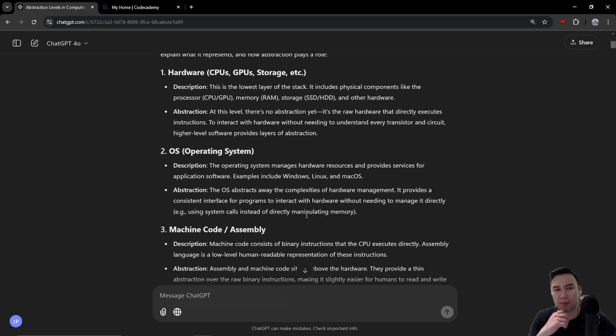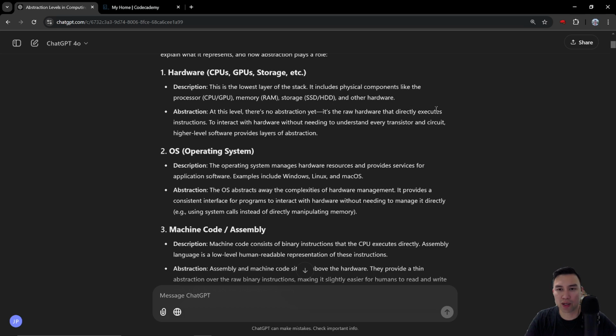My machine is limited to the last generation of LLMs, so pretty much ChatGPT 3 with maybe 8 billion parameters max with a 4 gigabyte size. That's the maximum I can run effectively on my machine. So at this level, there's no abstraction yet.